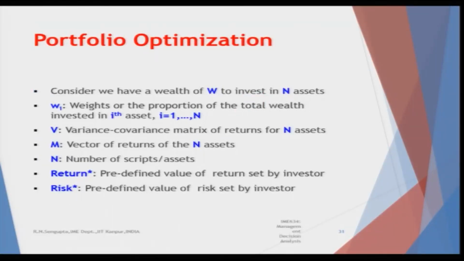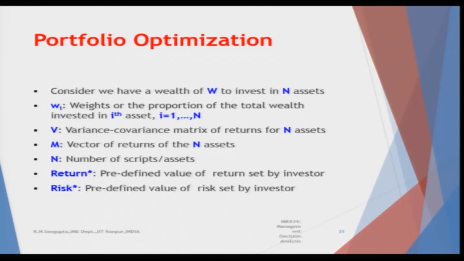Now, coming back to the example, first let me discuss the example. We will consider a wealth of W, the total amount of wealth. Do not confuse this wealth with the concept of wealth in the utility function. Obviously, in the general scheme of things, if you analyze that problem in depth, it would fall in the realm of utility functions, where the linear part would be with respect to the expected value, and the second part, the quadratic concept with the second derivative we were discussing, would come from the variance of the utility function. So, we will skip that for our discussion.